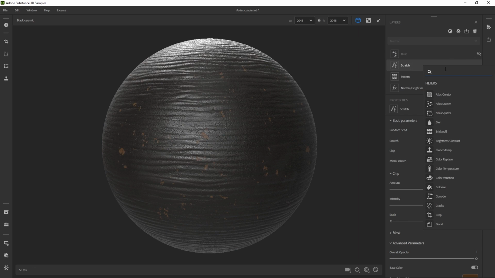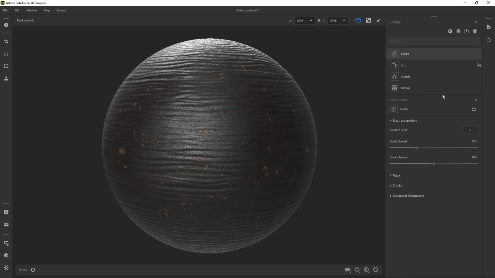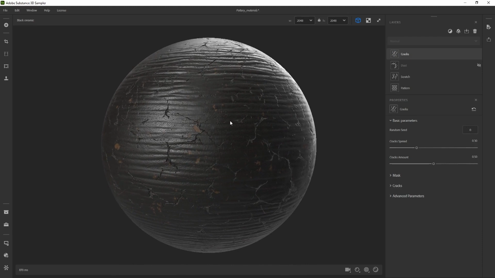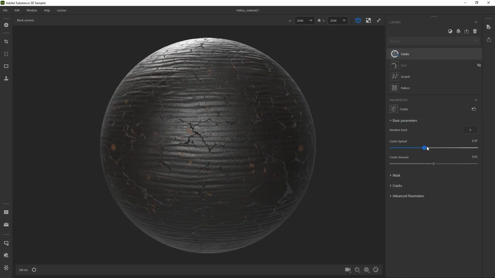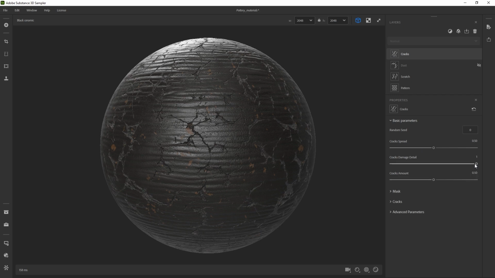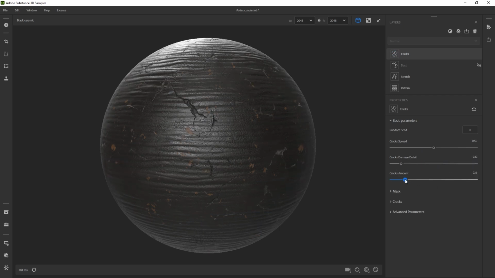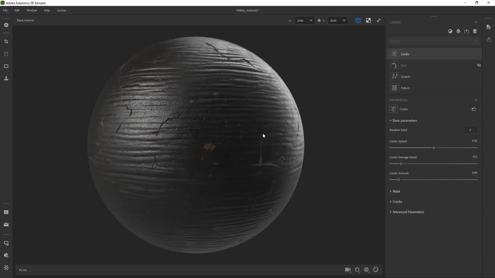click on Add Layer. So I'm going to type cracks, and cracks are slightly different than scratches. So I'm going to click on cracks, and that's going to give me a cracked version of this ceramic, which is roughly what I want. We can tweak all of these as well. So let's go to the spread, and we're going to remove some of the damaged details and remove the amounts. I don't want that many cracks in the ceramic, just a tiny bit that we can play around with later